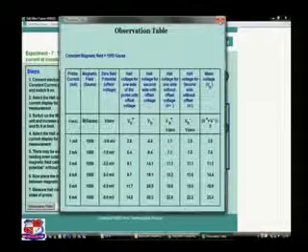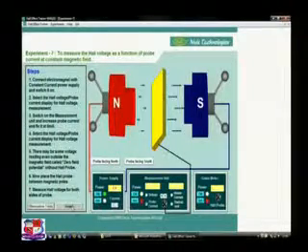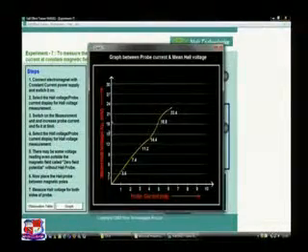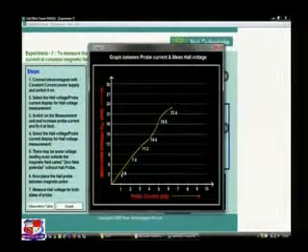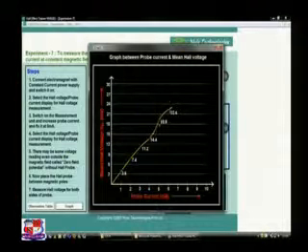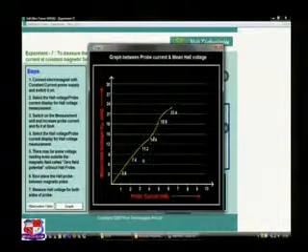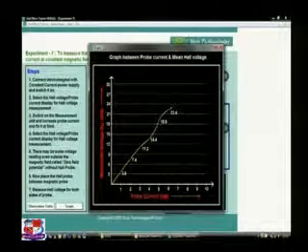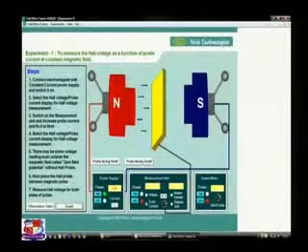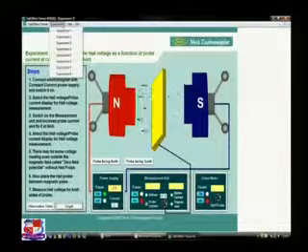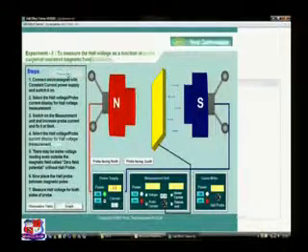We can draw a graph of mean Hall voltage as a function of probe current. We can see that it is almost a straight line, and with the use of the slope of this graph, we can always find out the magnetic field, and we can always find out the Hall coefficient.